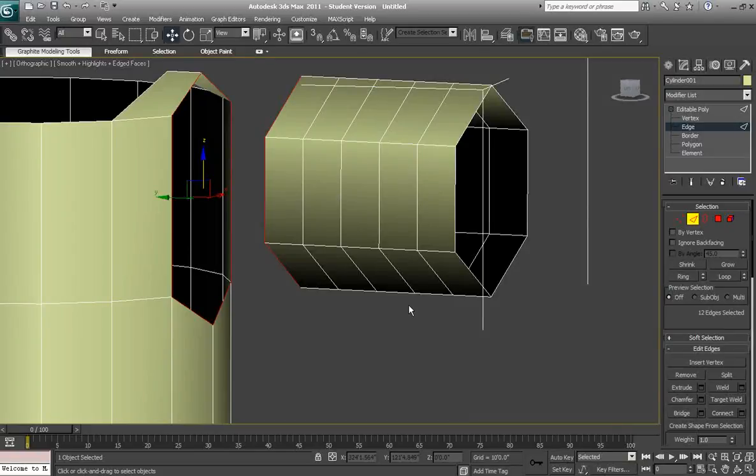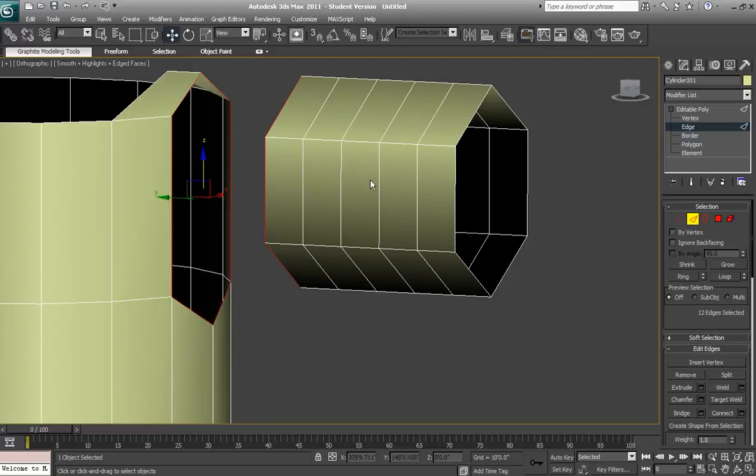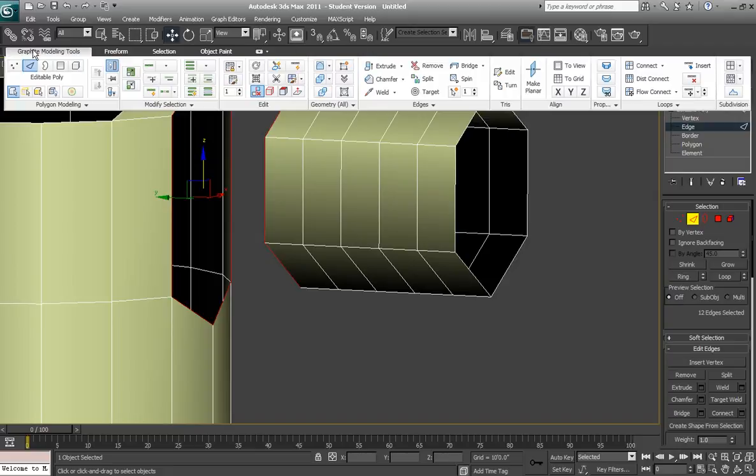Alright, in class we talked about the twist feature for the bridge tool in Max. It wasn't working for us in class, so I wanted to quickly show you the results of that. Here I have a cylinder for the trunk or the torso and a cylinder for the arm, just as we were doing in class. And for Max, the bridge tool works like this: grab the edges, and up in the graphite modeling